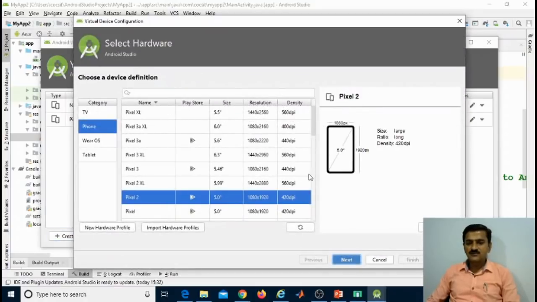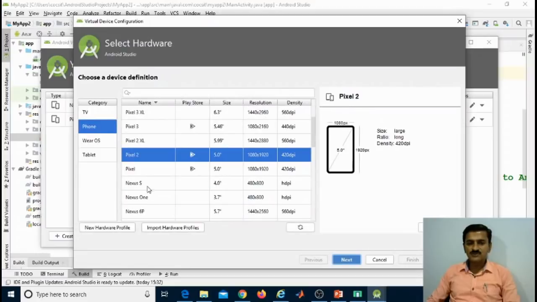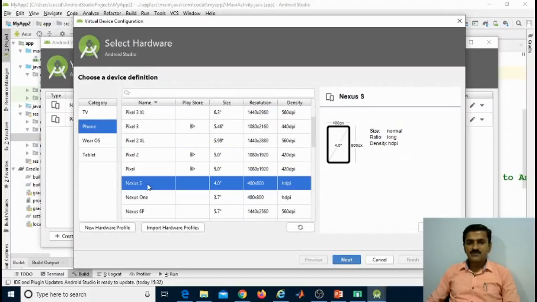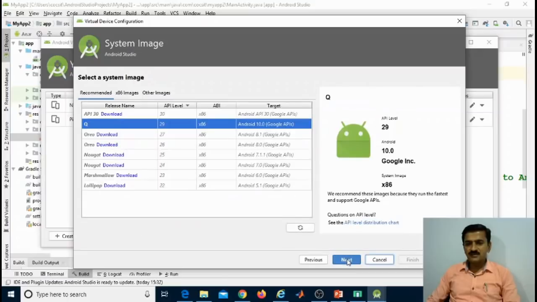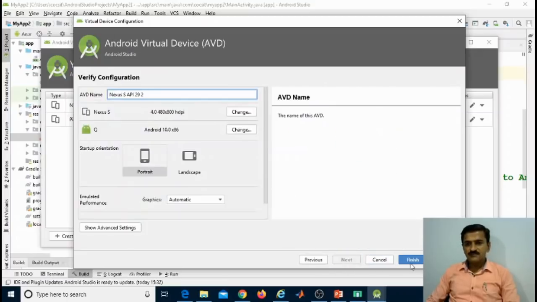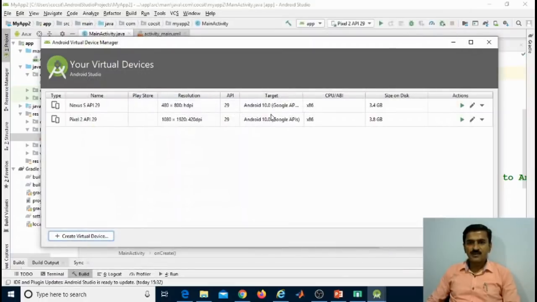If you select this, a window will appear. You have to select the virtual device. I am selecting here Nexus, then select next, then again select next, then click on finish. So this device will be automatically added. So the device is already added. I am closing this window now.